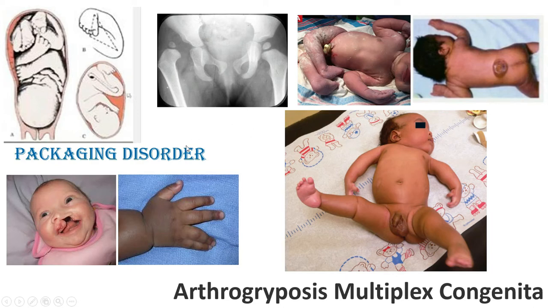Because suppose a patient is suffering from CTEV but you cannot address his DDH, then it will be very late to treat this DDH. So if there is no hip, there is no use of the knee and ankle. So it is very important to look at the whole body and make a note, and a referral system is needed.